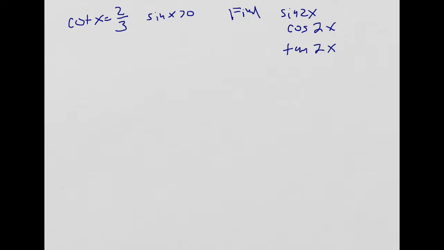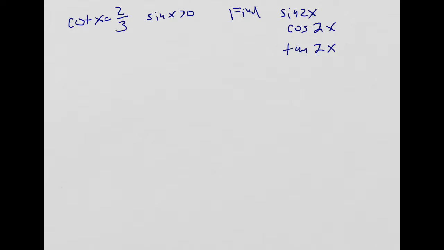Okay, given that cotangent of x is equal to 2/3 and that sine of x is greater than 0, the question here is to find sine of 2x, cosine 2x, and tangent of 2x. Basically, this question is about the double angle formulas. Cotangent of x is equal to 2/3. It doesn't matter which order we go in here, so let's just write out the double angle formula for